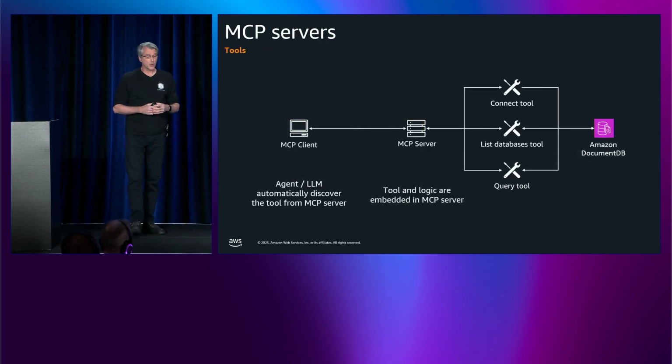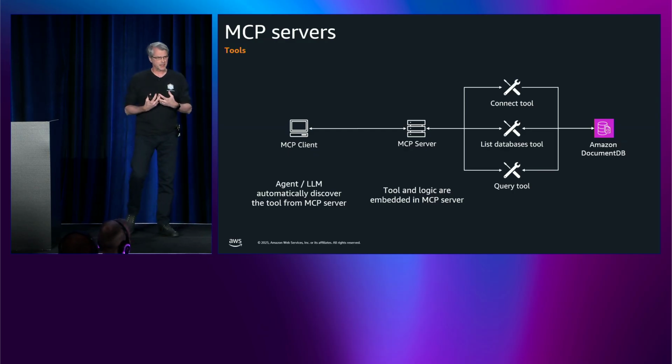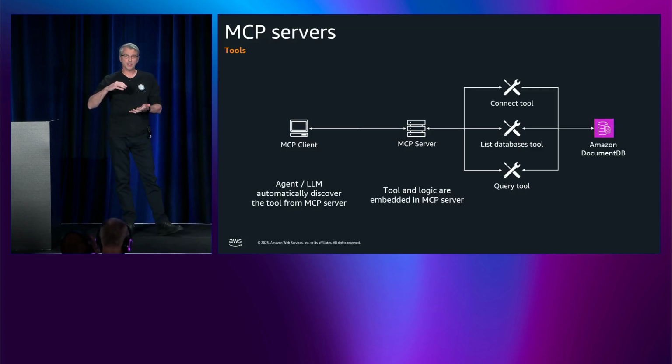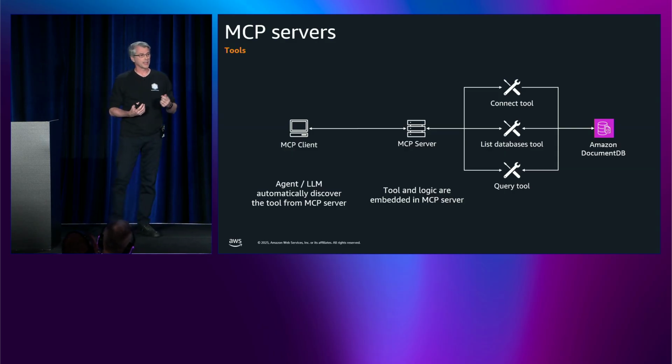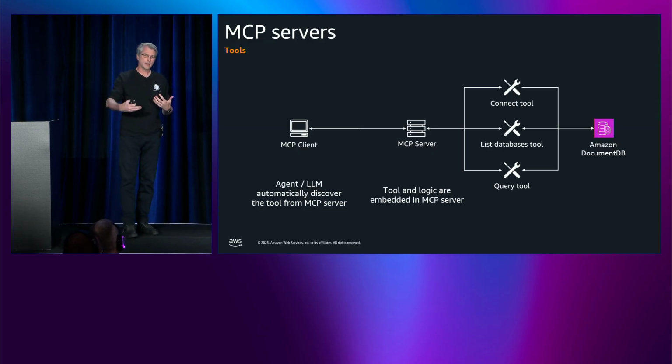Okay, so now let's just focus on maybe a particular MCP server. And this is actually what you'll see in the demo. It's maybe a condensed view of the Amazon DocumentDB MCP server, and we'll have a QR code with a link to it at the end. But as you see here, we have a client that's running in a host. That client connects to the MCP server, the Amazon DocumentDB MCP server, which has all of the different tools that